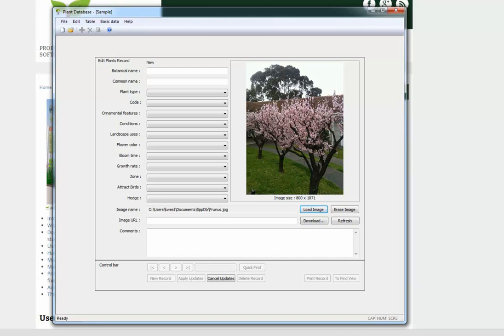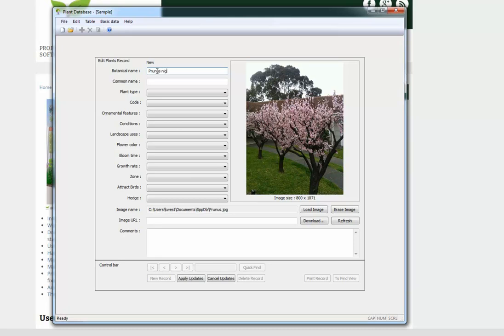There's a eucalypt at the background, so there's quite a contrast between an exotic species and a native species there. So it's 800 pixels wide, which is a useful size to work with because that could go into CAD software quite nicely. So all I need to do is to fill out